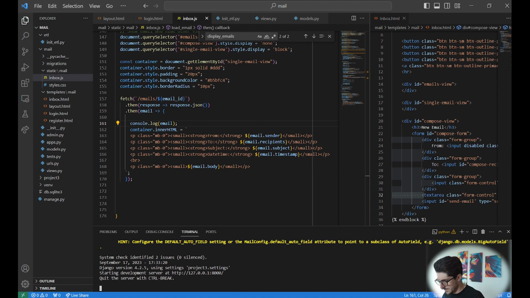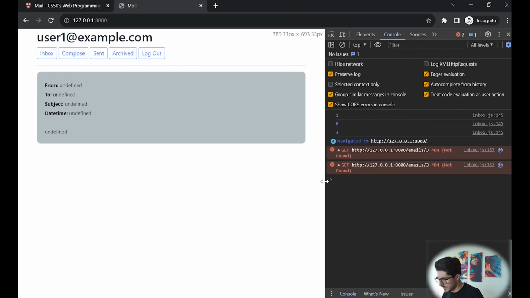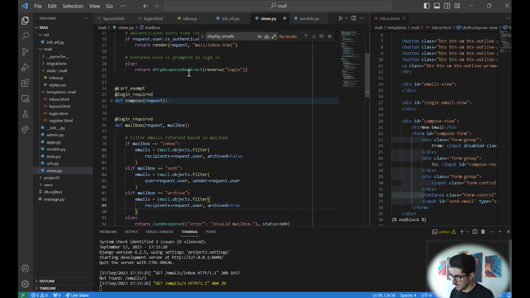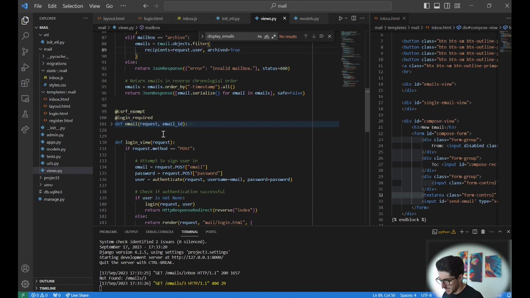Run server, inbox, get. Okay, not found. Not found. Why is the email not being found? Let's see. Yes, so this is again something else with the source code. So if we look in here, whenever we are getting the email,